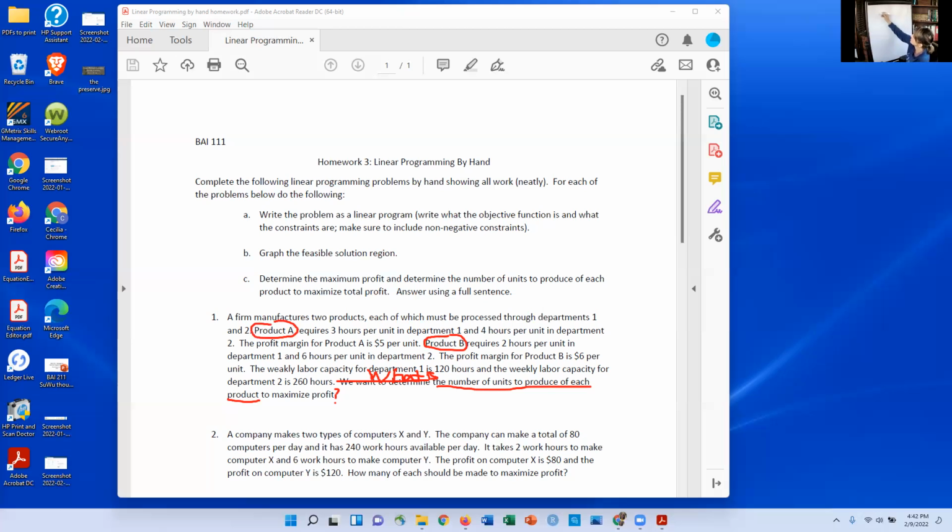But basically, for problem 1, I'm going to start out and say X is going to be... I'm going to go back to that problem, and they want to know the number of units. Remember, I always want this to be a quantity. So this is going to be the number